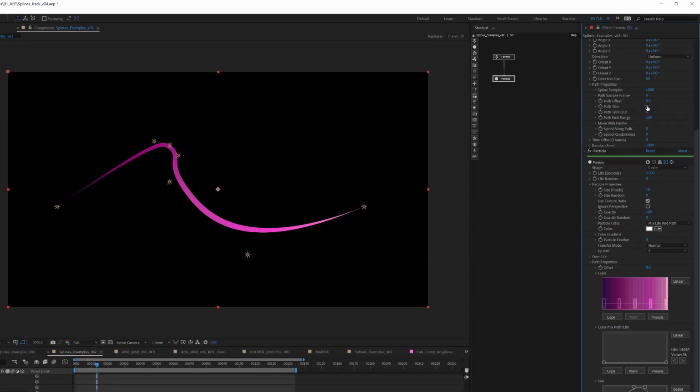So say this was, let's say, 20 from that side and 40 from that side. You could animate this offset. What I will say is this value is 0 to 1. So if we set this to 0.5, you'll see that now it went from being in the middle to being on the ends. So just be careful with that value there, but that is a cool way to have your strokes animate along that path.